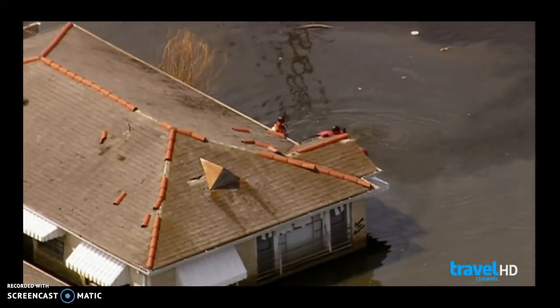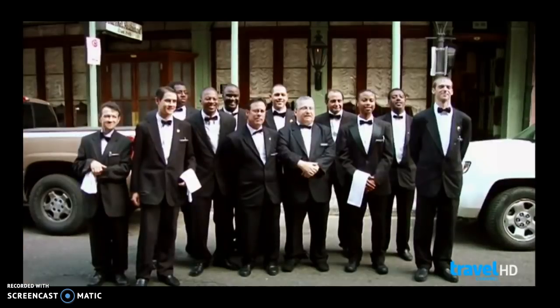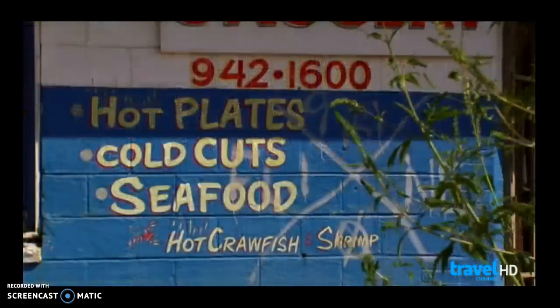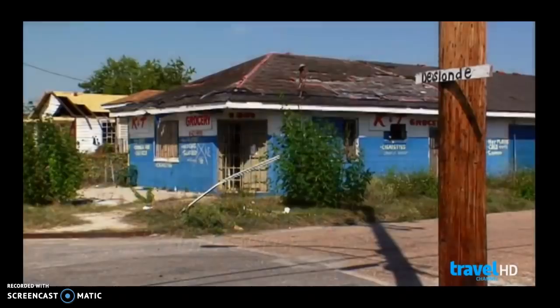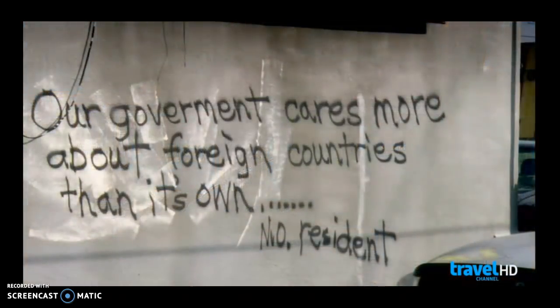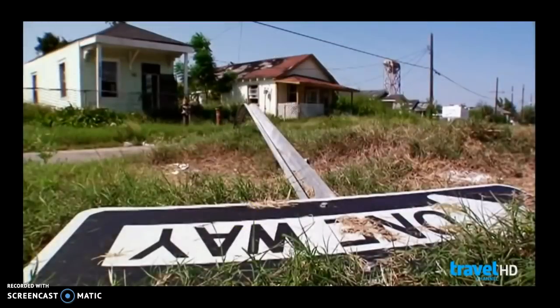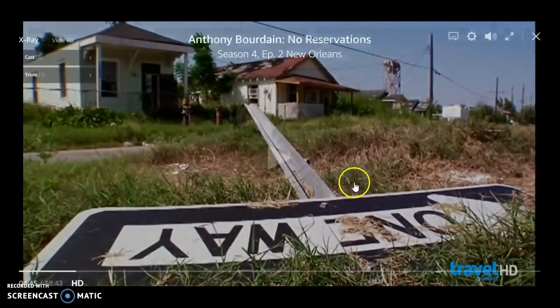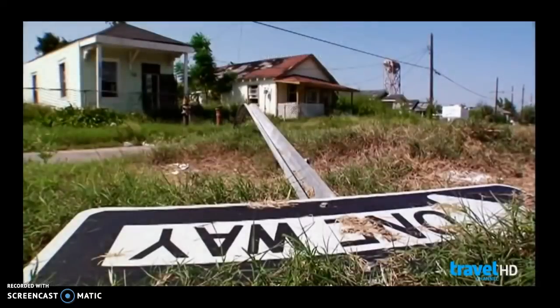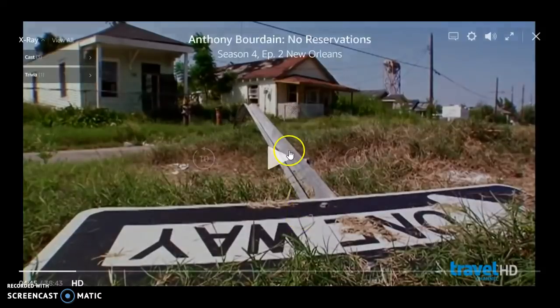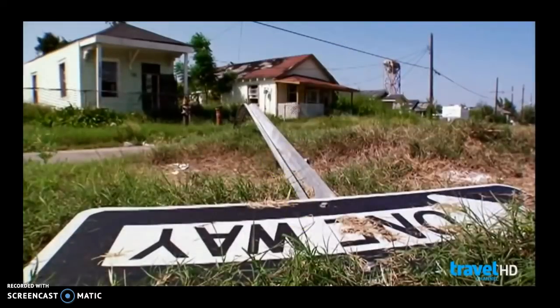This is an area flooded and destroyed, damaged by a hurricane. This was Louisiana. This was New Orleans. This happened pretty recently. Now, within the past 10 years, you can see the damage. So this hurricane destroyed homes. People died. And the city itself, at the time of this video, and this video's old now, but within the past 10, 15 years, this happened to this area. And the question is, would you stay and rebuild after all this destruction, or would you move to a new area, a new environment to live?